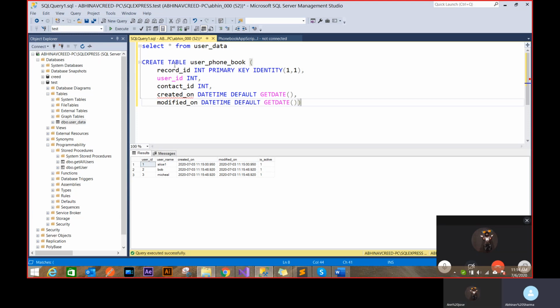Try that as a practice, because when I'm updating a record, usually these two fields will be there in all the tables. We need to have some way to figure out when the record was created and when the record was modified. It's a coding standard. If you don't have it, then it'll be very difficult for you to realize when the record was updated or not updated. So it's a very nice idea to have these kinds of columns.